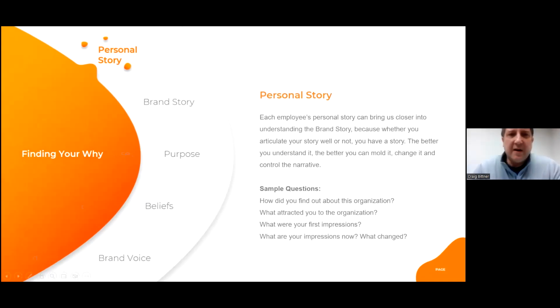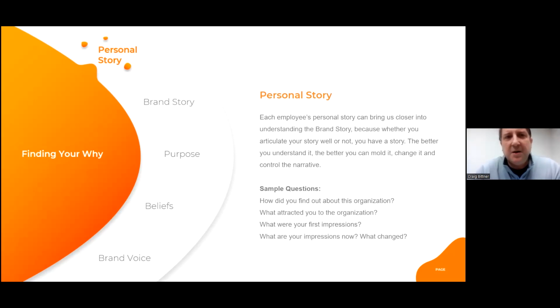So the first part of finding your why that we want to go over is a series of questions that we ask. There's a lot more that we'll typically ask when we go through this process. We're going through this process now with Sport Kansas City, so a lot of this will be familiar, especially with a lot of the team that's on here. But it's divided up into these sections.